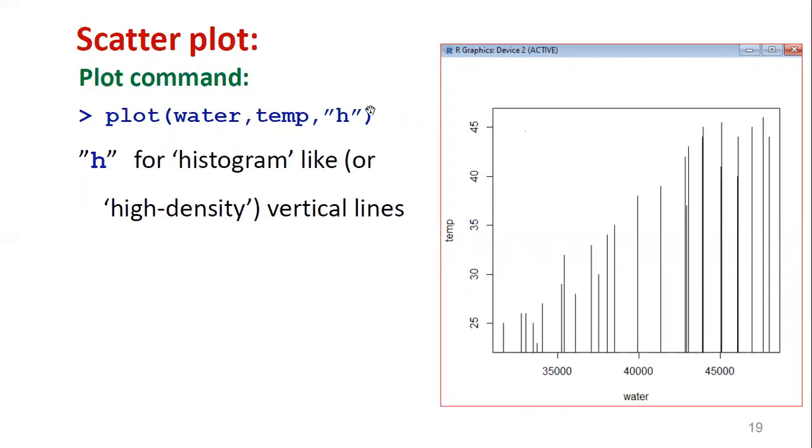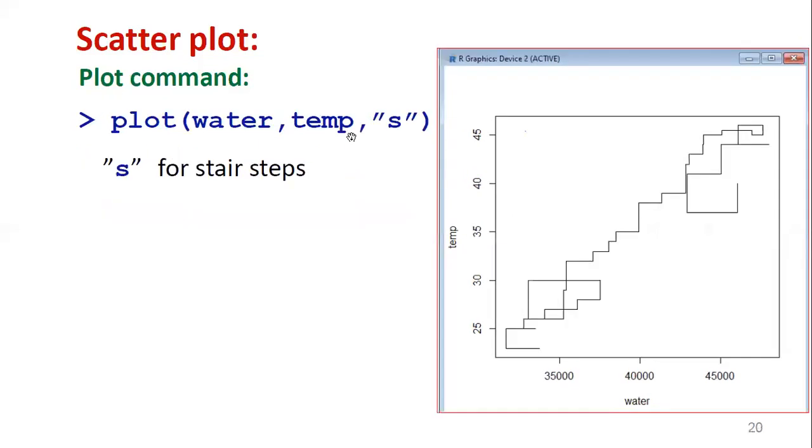Then coming to H, which gives like histogram or high density vertical lines. See all vertical lines. This is histogram type, whenever you use the type as H. Then whenever you use the type as S, staircase steps you can see. Stair steps shape.